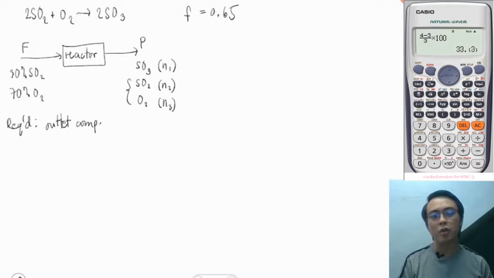This is an example of a typical material balance with chemical reaction problem. You are given the system, you're given a composition of the feed, you're given the conversion, and you're asked to find the outlet composition. Let's first clarify what this value of conversion pertains to. What species does it pertain to? So the 0.65 in this case, if we go back to the problem,